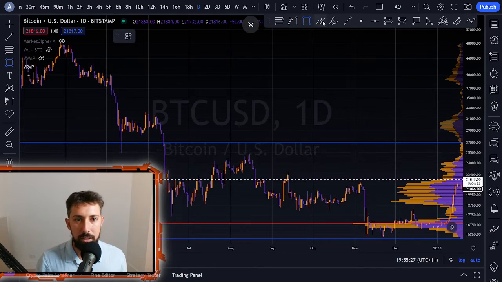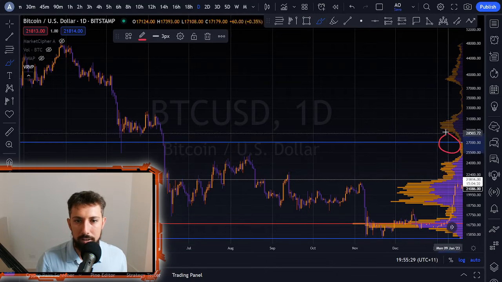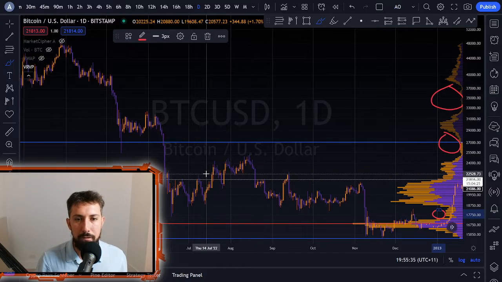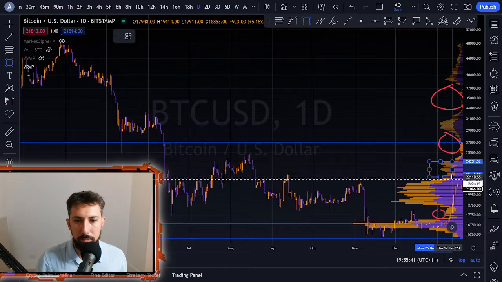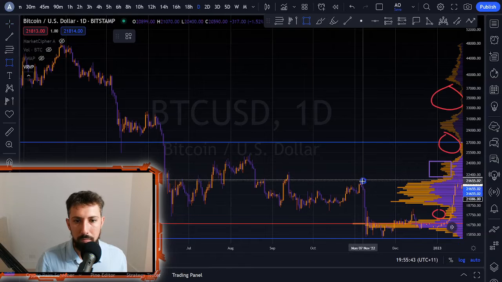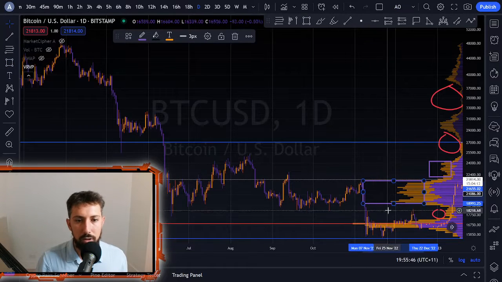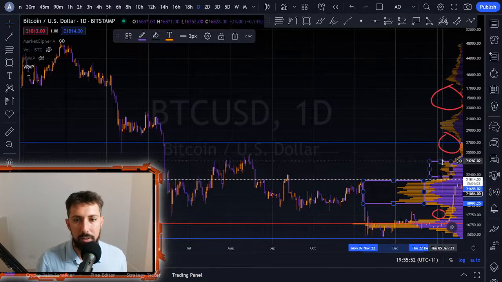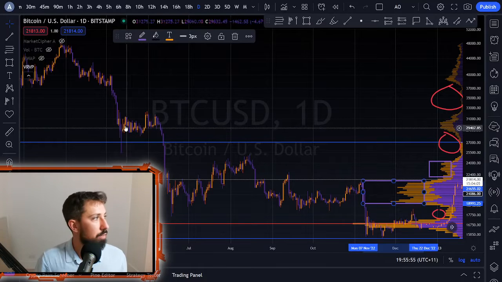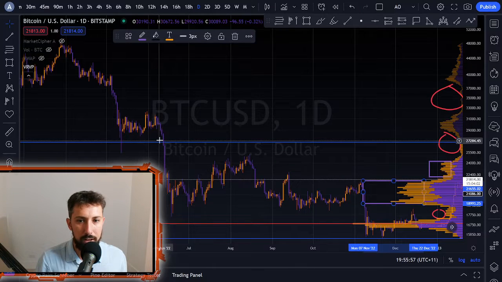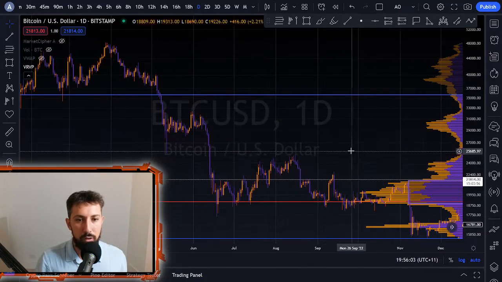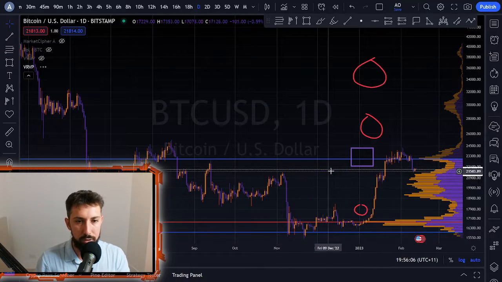Now, if we look to the right here and we pull out our tool, we can see that there's these pockets on the side, right? And these pockets allow price to move very quickly through. So you can see that we have an area here, an area below it, and an area below that. So price tends to stay within these areas, and it will trade within these areas. But as soon as price, like it has over here on the left, made its way to this area where there is a gigantic gap, it zooms right through and it moves quickly up or down